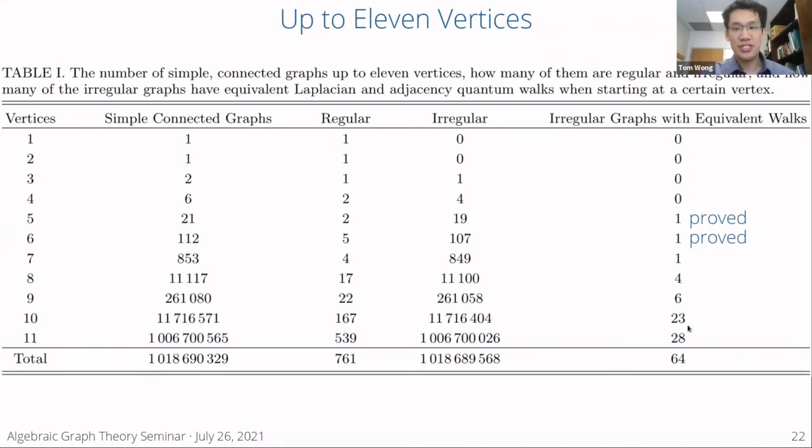There's a question of, do these graphs depend on which target vertices we choose? So you'll see in the pictures, I will actually show what your starting vertices can be. Basically, we use every single vertex as a potential starting vertex, and we see, does that graph have one where the walks are the same?